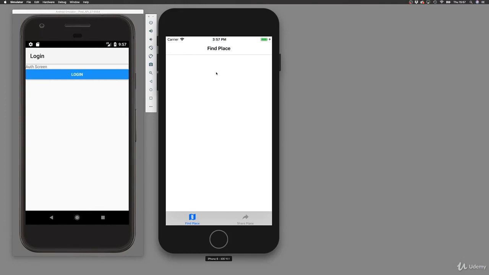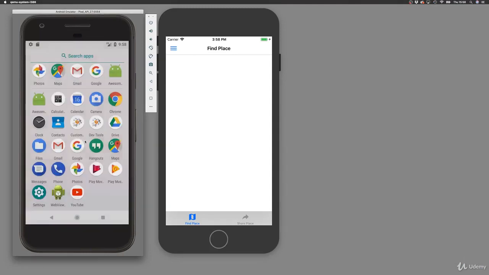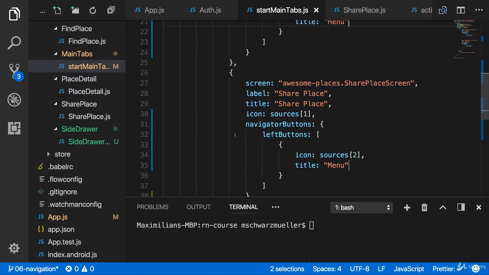Now if you save that file and you reload your app and log in, now you have this button, but it doesn't do anything. On Android, it even crashes now. We'll take care about the crash later, but it's also a pity that it doesn't open the drawer when we click it on iOS. The reason for this is that now we added a button, but remember that I said